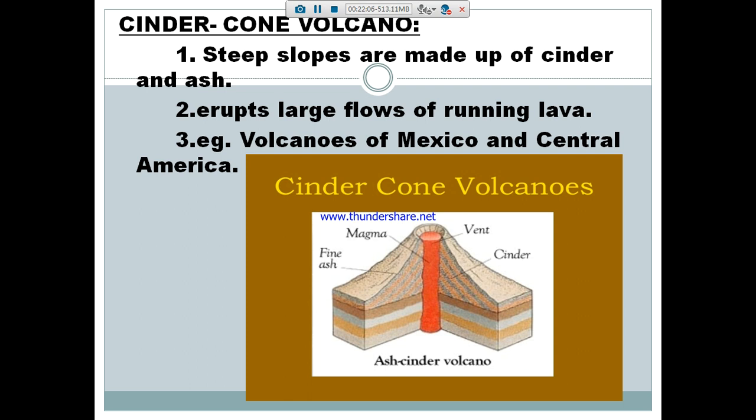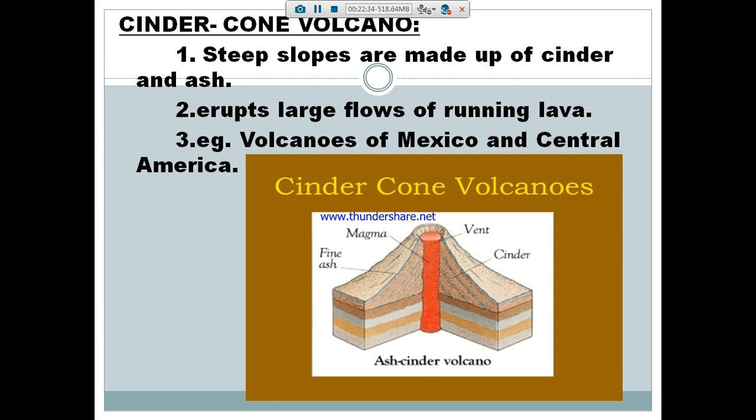Inside this volcano, enough pressure is built to push the magma out of the earth's crust. So when this type of volcano erupts, it shoots gases, like a bomb blast. It shoots gases and ash with great force, throwing them several kilometers into the atmosphere. Can you able to understand this?